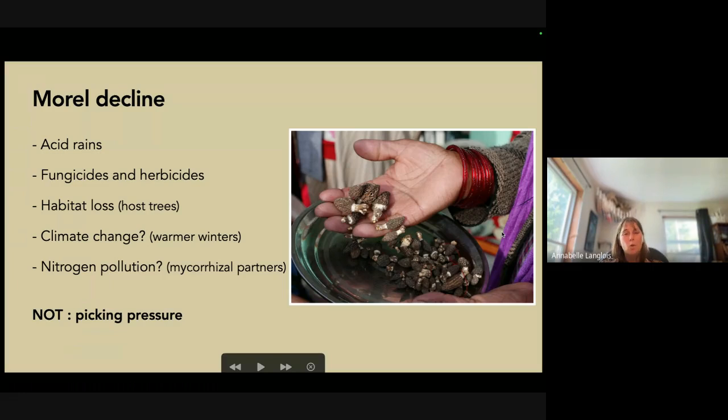There's a question that our warmer winters might have a negative impact on morels. They need a good cold snap to trigger them in the spring and fruit properly. And then there are also concerns about nitrogen pollution, because if morels have this ability to form mycorrhizae, whatever type of mycorrhizae they are, and they are able to take some nutrients from a host tree, and you make the host tree fed in a different way with pollution or